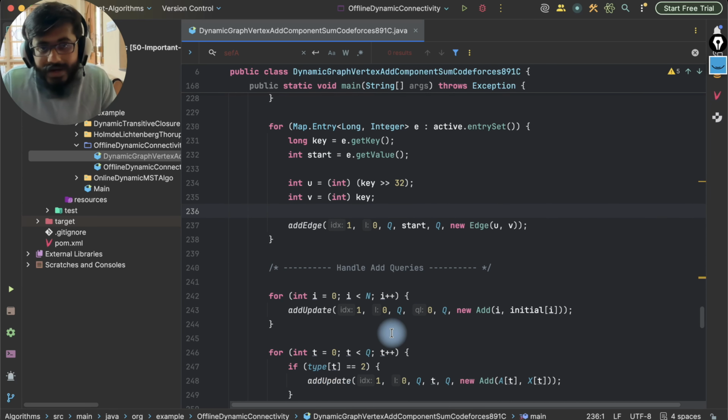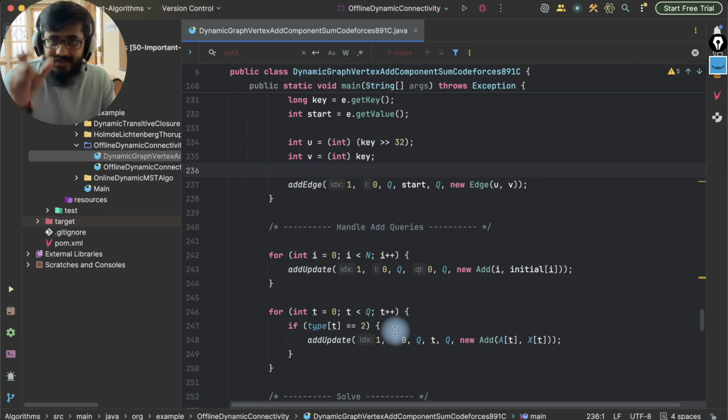Now we have to handle add queries as well. Within the input, they have given us queries, right? We can call that one add queries or queries. If they have given something with the 0, we were adding. If they have given something with the 1, we were deleting. If they have not given anything, in that case, we were going with a query. We were considering the query according to the input. So let's